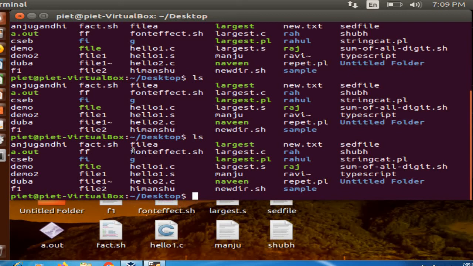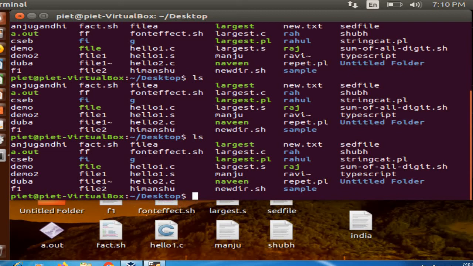After a few seconds, at 7:10 we can again check whether the file is available on the desktop or not. If the file is available on the desktop, then we can see that at a future time and date we can execute different commands, not only for creating files, but any other related task we can perform at a future time and date.